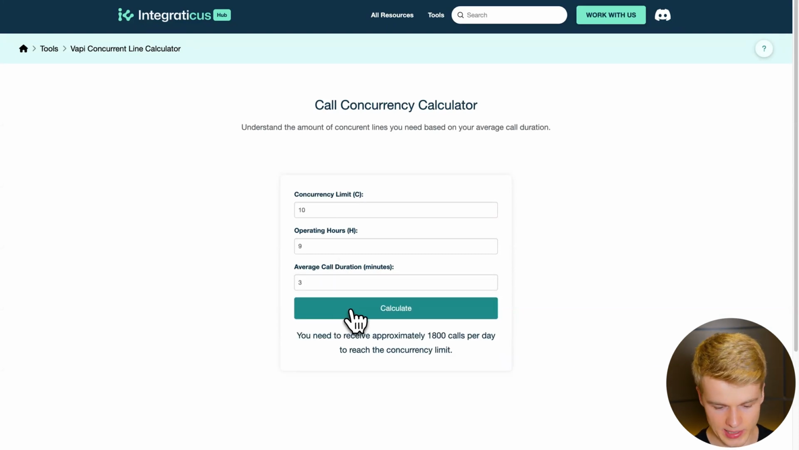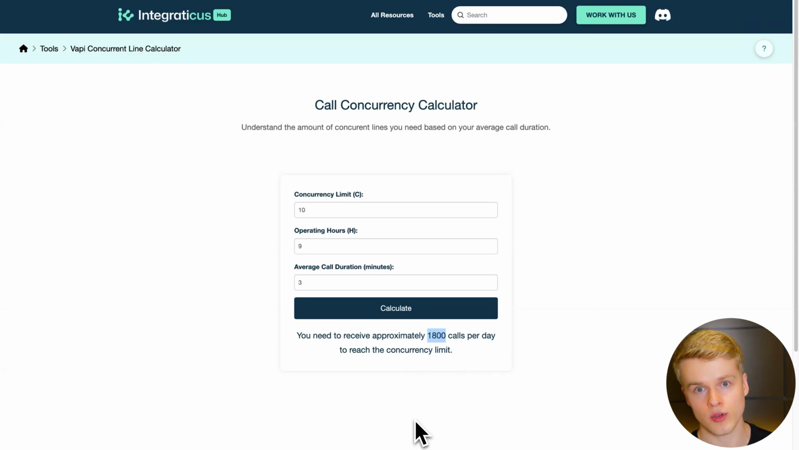And now once I press calculate, we can have approximately 1,800 calls on a daily basis without reaching the concurrency limit. Now, 1,800 is probably, like I mentioned, an average. It might be lower, it might be more, depending on your peak times, etc. But you can simply play around with this and see how many concurrent lines you need to get to a certain number. Because most people know that they have, for example, let's say 3,000 calls on a daily basis,